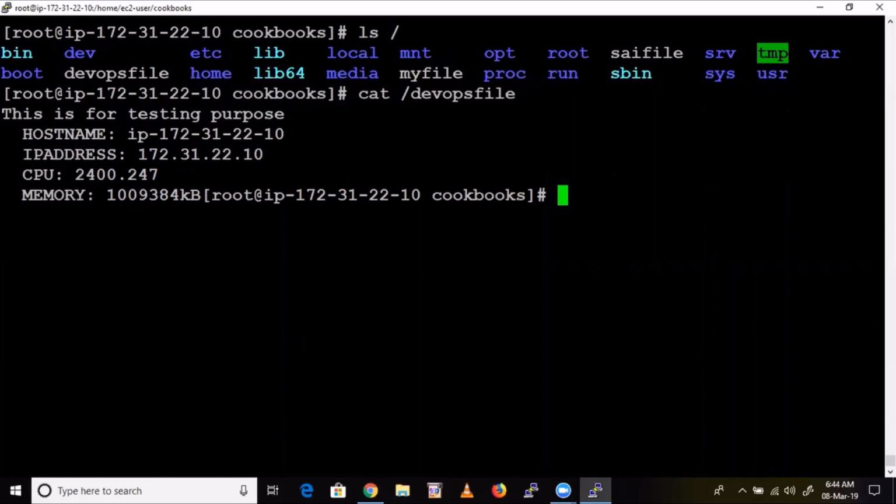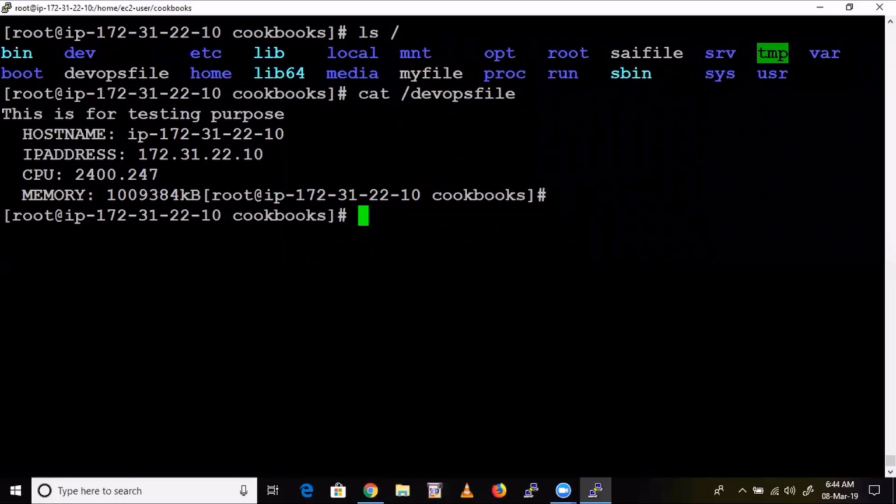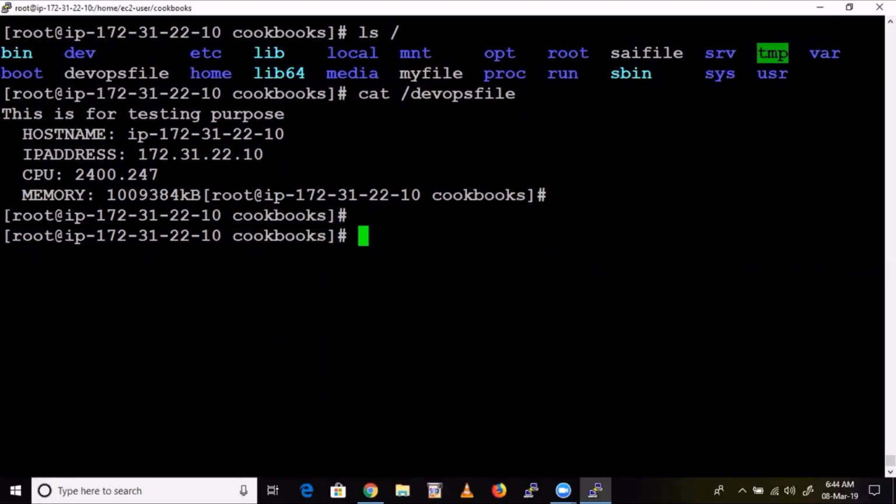For example, if you rerun this one, the CPU percentage will be something different from now. If you rerun this, it will be replaced with the actual CPU percentage of now. If you hard code it, you cannot modify these things, it's fixed. But after 1 hour, the CPU percentage could be different, so that will be replaced automatically if you give it as variables. Understood, guys?